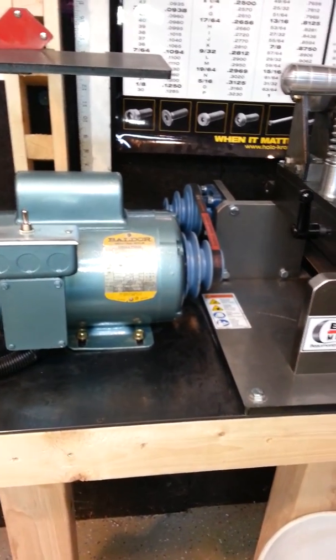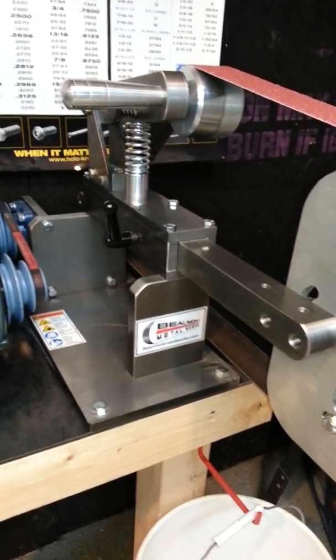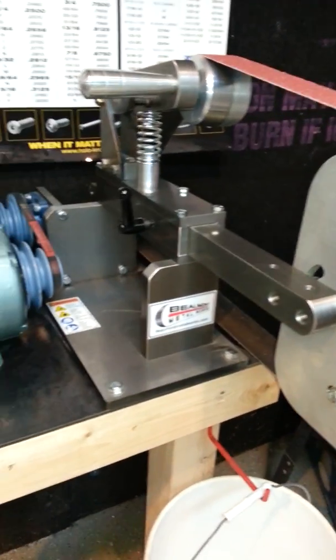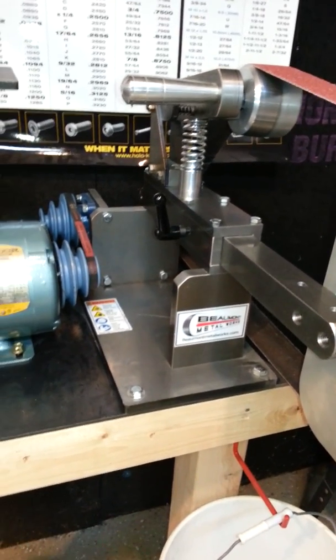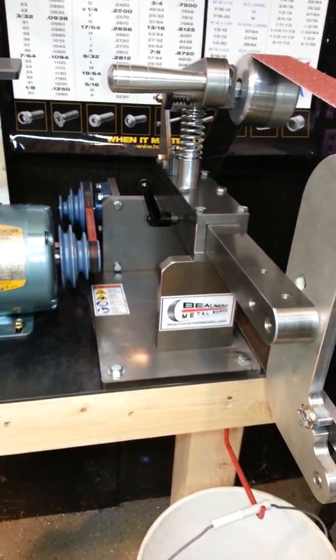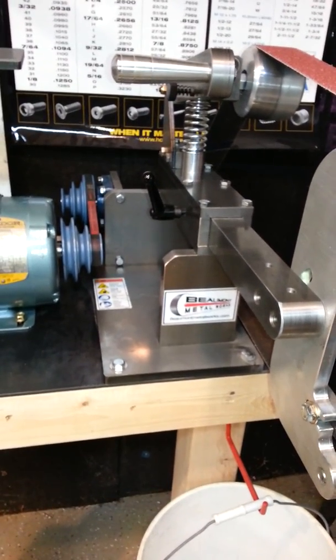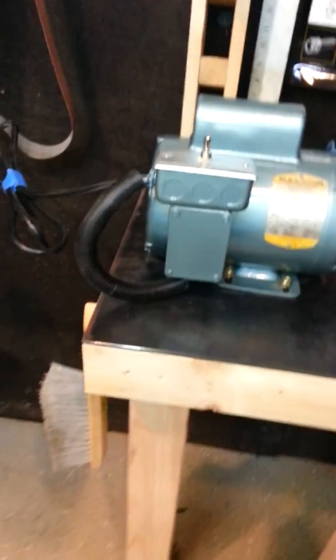One other thing, I was going to paint this whole grinder rig when I got it, but they did such a nice job and used such nice new clean metal that I just like the look of this, so I'm going to stay with the natural metal finish. What I did do is spray some of this